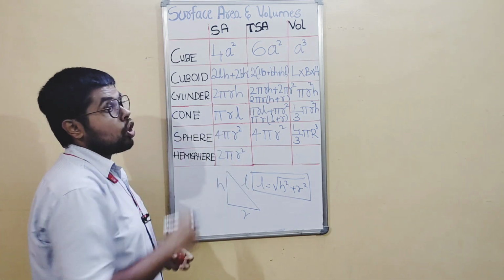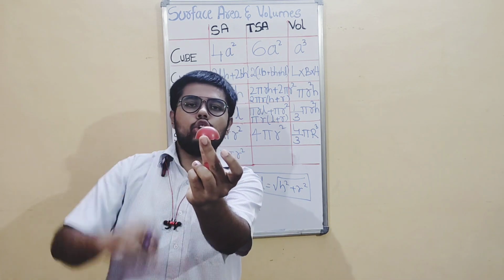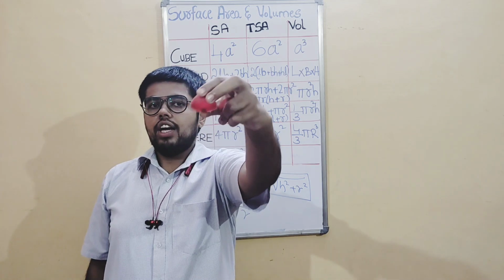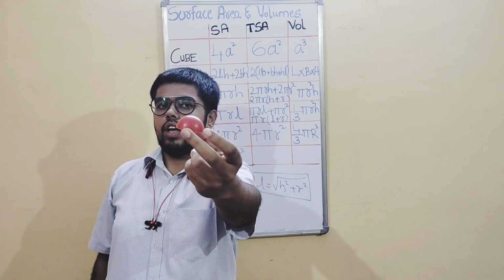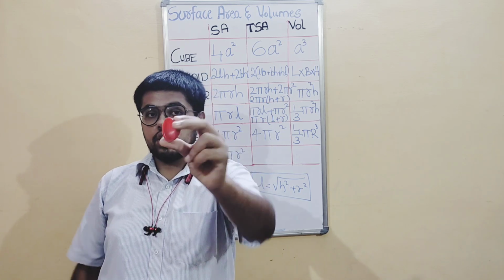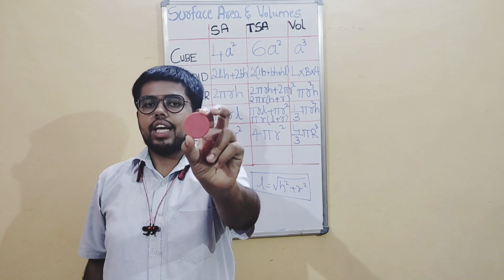Now coming to total surface area. Here you should be very careful. What I can see here is 2 circles. But there is one more circle which we have missed for total surface area. In lateral surface area, we don't take it; we consider it as hidden. But for total surface area, we consider all the faces. Now if I cover this, see, there is one more circle here. This circle is pi r square.